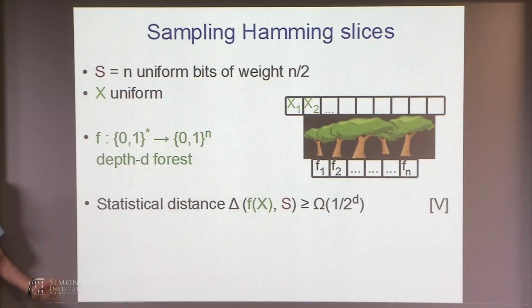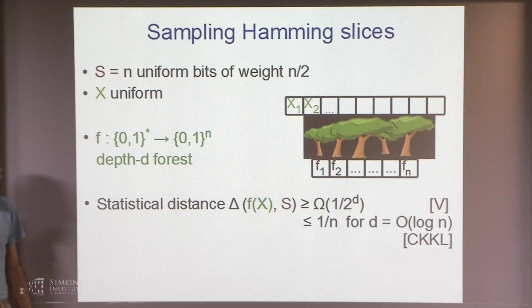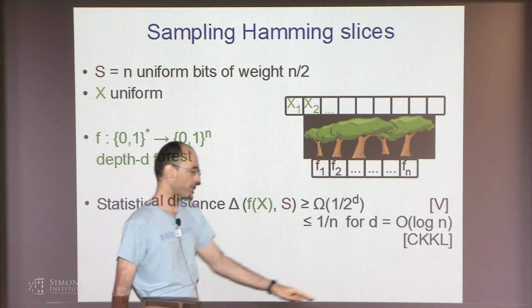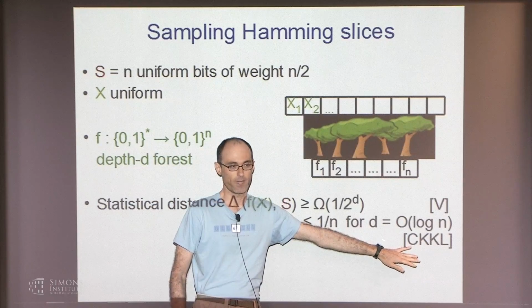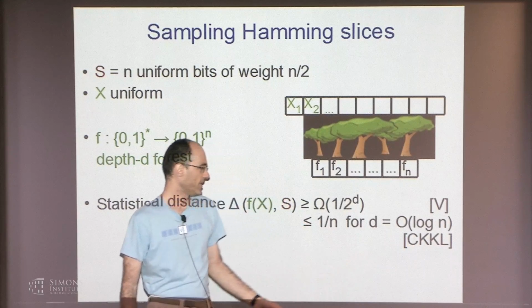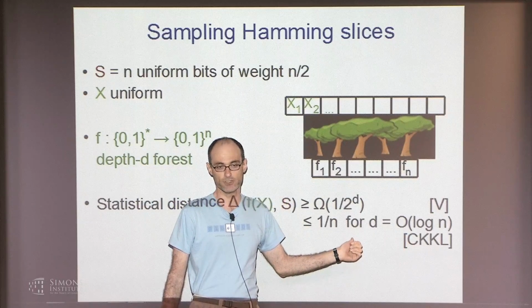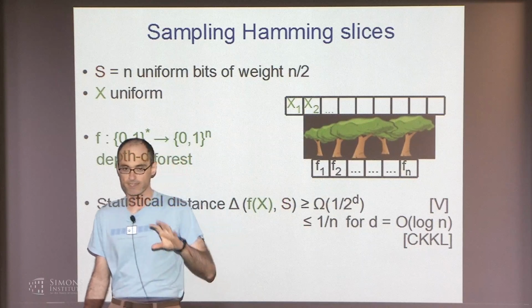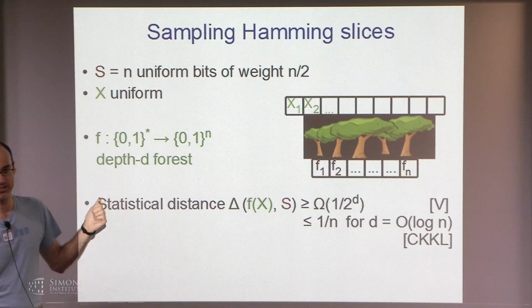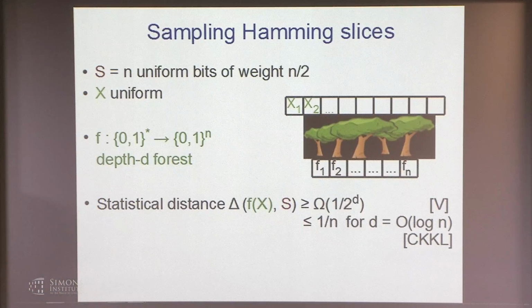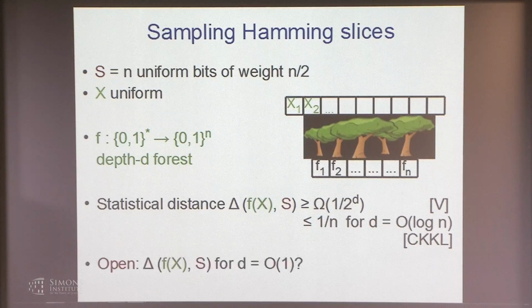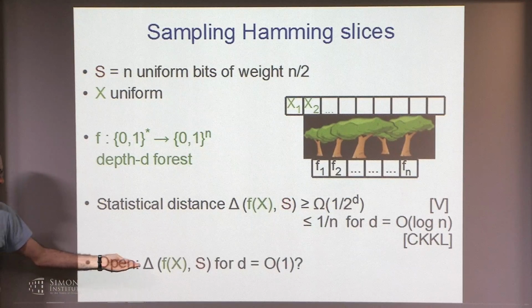And you can ask about lower bounds, and actually you can reinterpret some nice works on switching networks by Chumai and other people, to show that just with depth log n, you can get very close to this distribution. Okay, you can actually simulate a switching network with such trees. Okay, and so an open question is, what is this quantity?